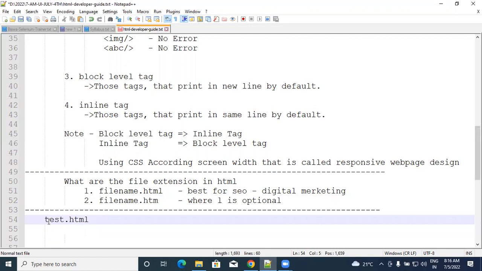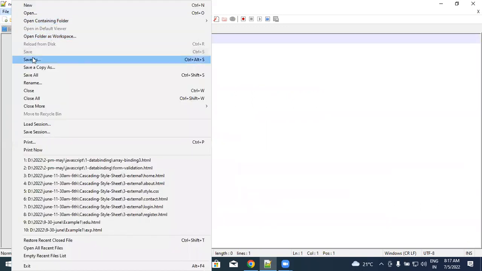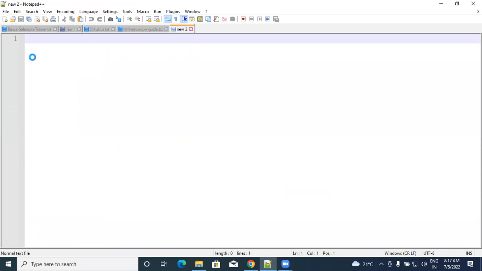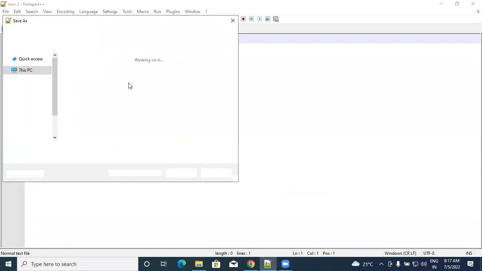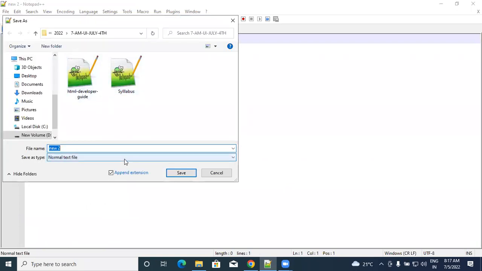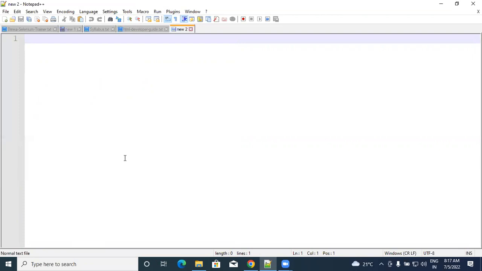I will guide each and everything: how to create the file, where to save, how to run. Just for example, to understand these 5-6 points we have written, I am creating a file called test.html. In this file,